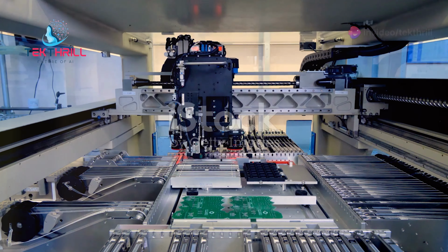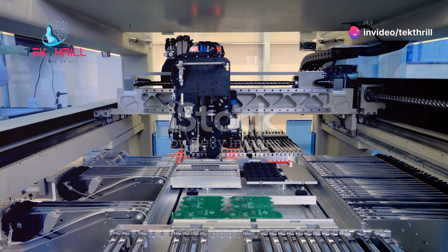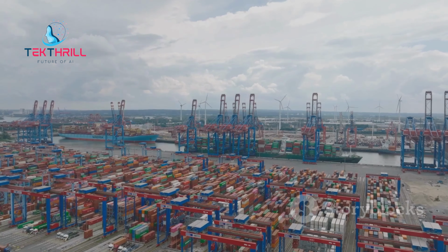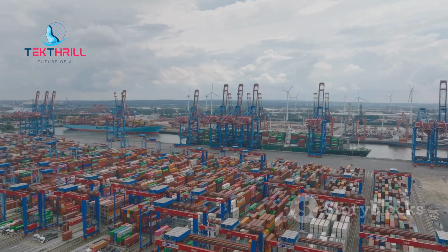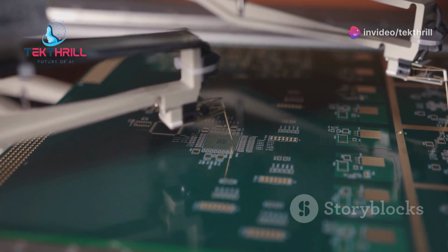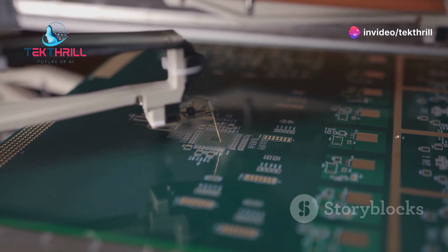Section 5. AI-enabled supply chain management, streamlining procurement and logistics. The global nature of electronics manufacturing makes supply chain management a complex and challenging task. AI is emerging as a powerful tool for optimizing supply chain operations, ensuring the timely delivery of components and minimizing